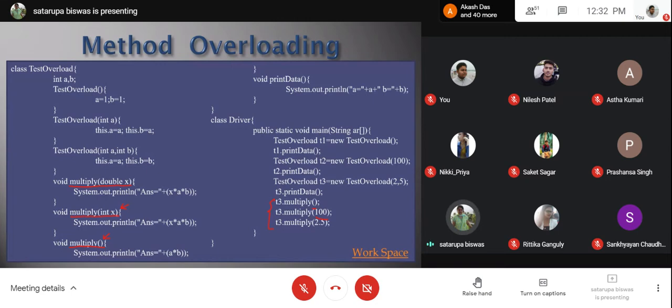What value you are sending as an integer value, that value will also be multiplied with A and B. The same thing will happen for the double also. Whatever double value you are sending over here, that double value is going to be multiplied over here. Now, this part is interesting.